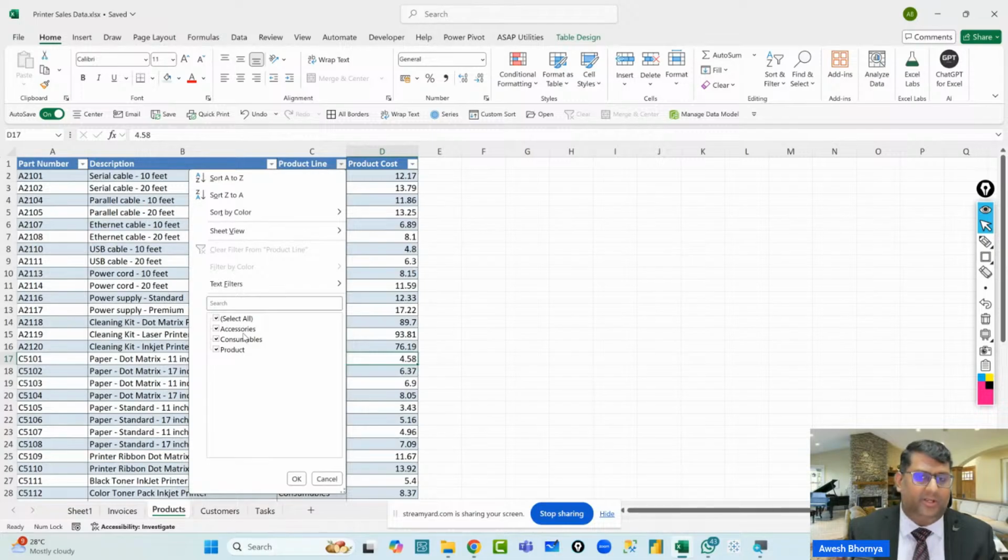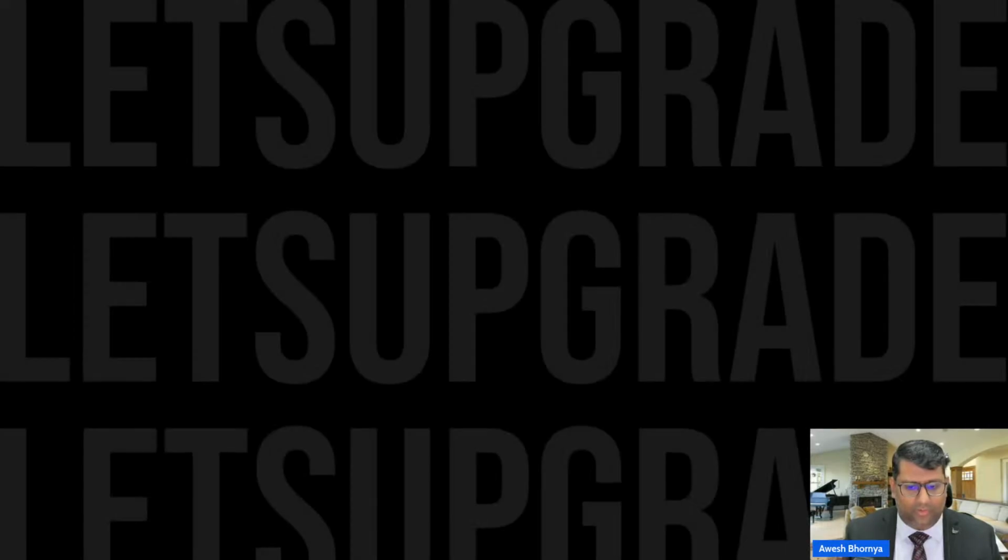When you're using printers, obviously you will need refills like ink. You will need the printing paper, etc. So all that comes under a consumables category. Okay. So in this consumables category, we are going to go ahead.